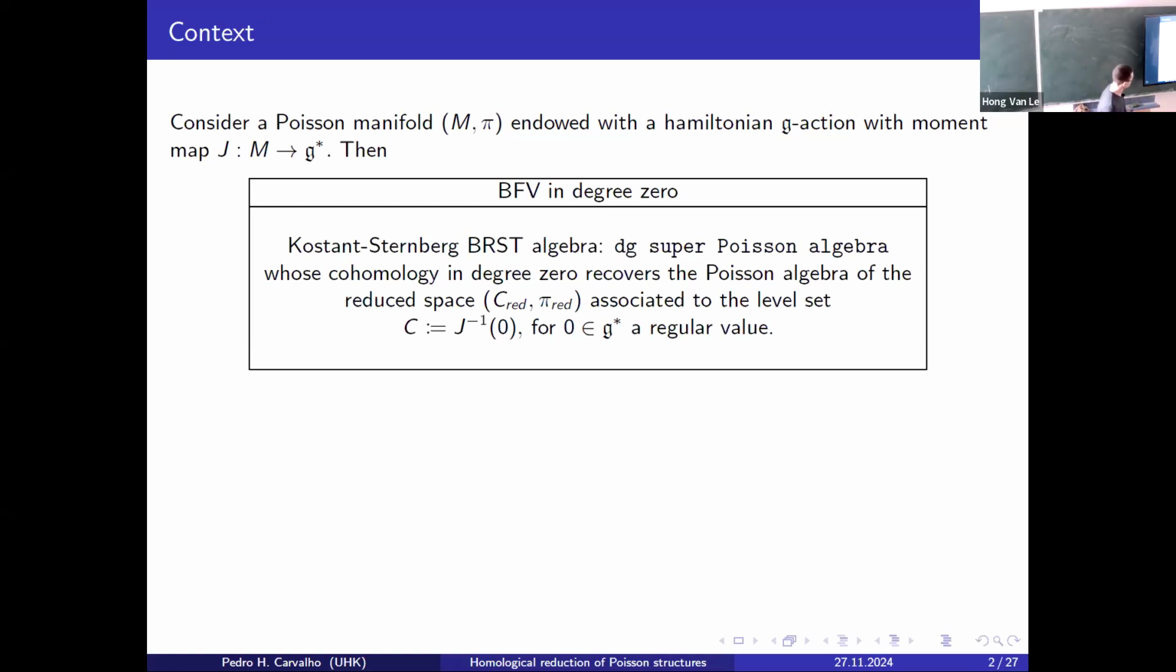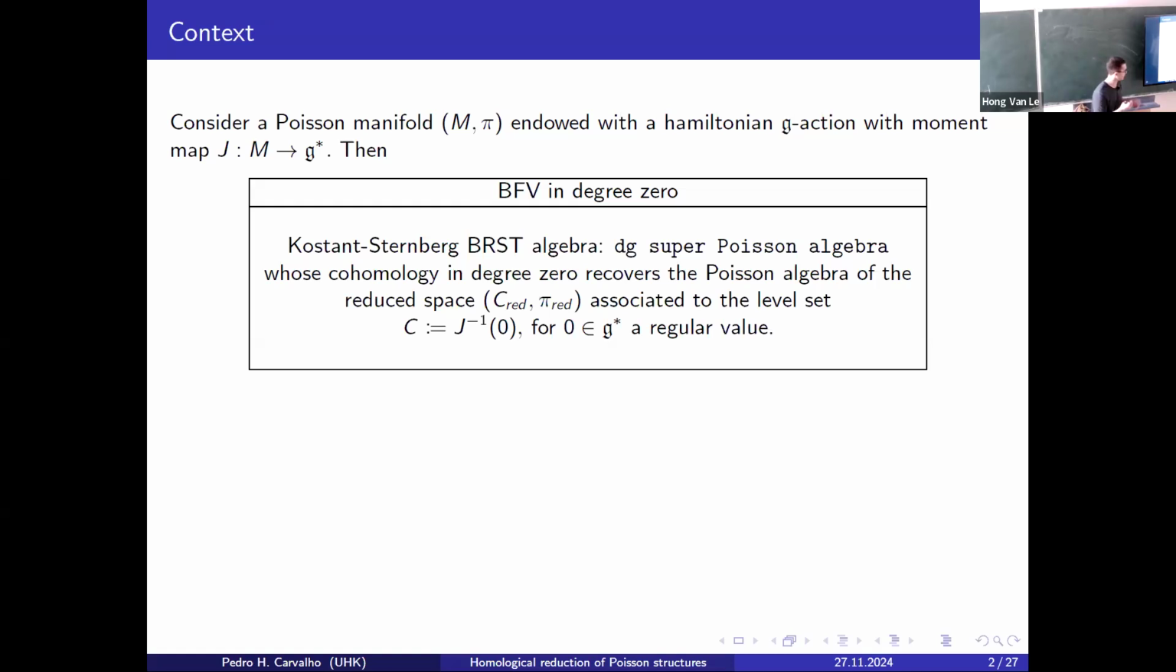In the literature, in this context, there's something that is called the Kostant-Sternberg BRST algebra. It's a differential graded super Poisson algebra, whose cohomology in degree 0 knows about the algebra of functions of the reduced space associated to this reduction data. So you consider the constraint submanifold given by the moment map, and then you can quotient out by the action. You have a new Poisson manifold, and this BFV in degree 0